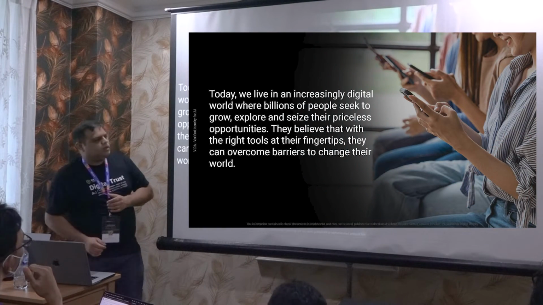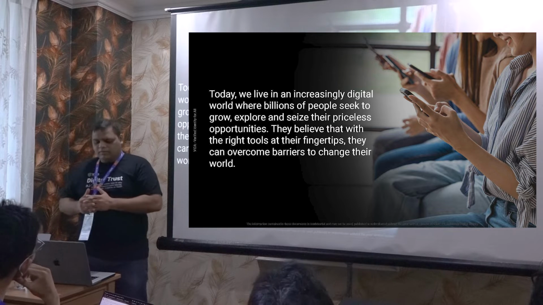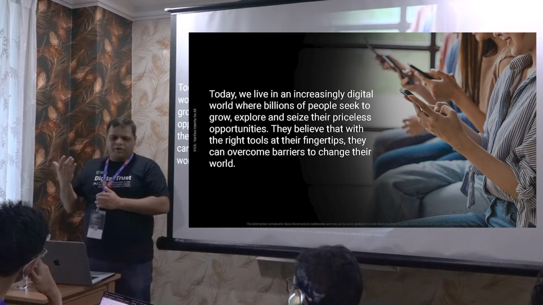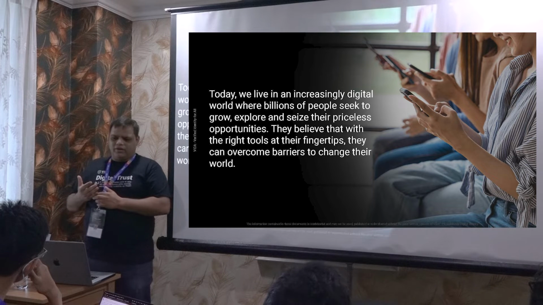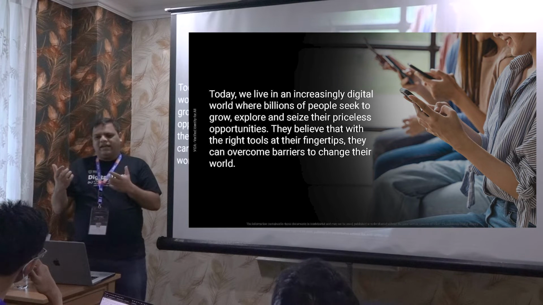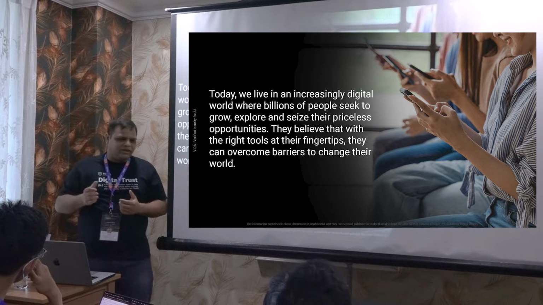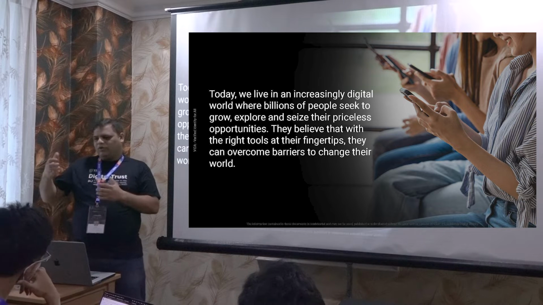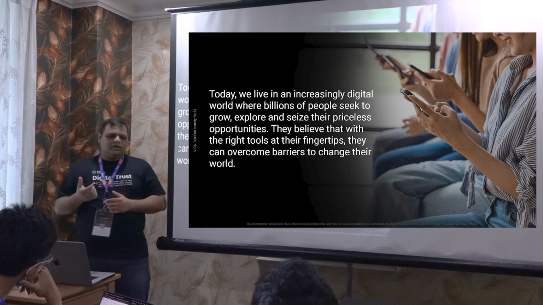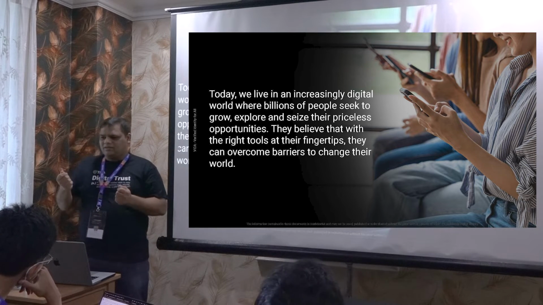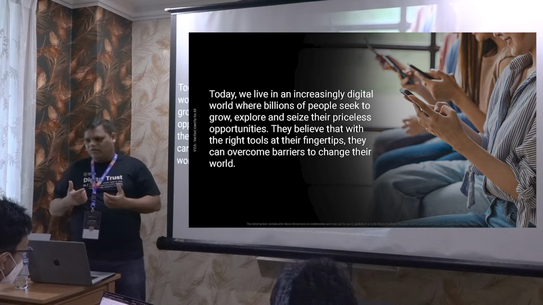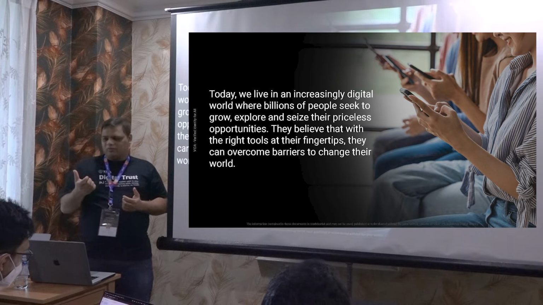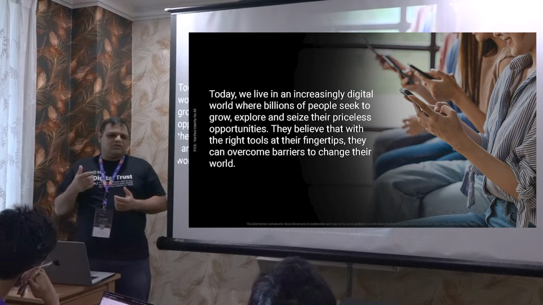Okay, so why VIDA, right? Because today everybody is very digital, right? You don't carry your printouts of your ID cards. You don't carry basically anything and everything. You just carry your mobile for everything, right? So everything is digital. How do you want to keep it secure? Say for example, you go to a bank to open an account, right? Every time you have to present your different ID cards, right? So how do you come out of it? You have to come out of it by making your digital presence. If everything is in your hand, in your mobile, everything is digitized, right? So how to make it happen?